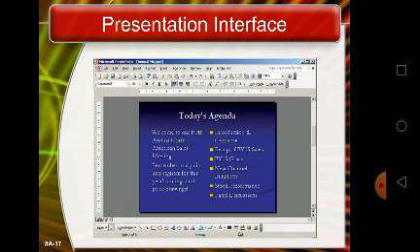Presenting slideshows is seen in the figure. You can present slides directly from your computer's disk along with any audio or video files that you embed in your slides.